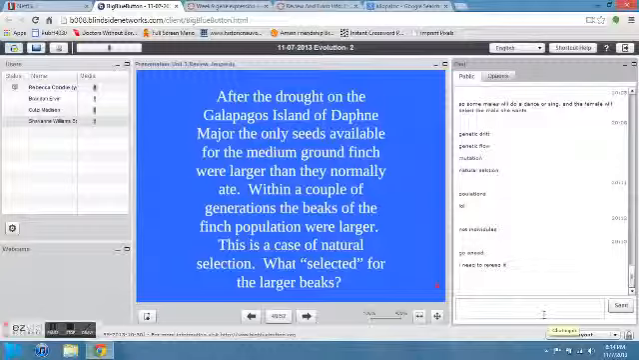Alright, so why are poodles, Labrador retrievers, and Dalmatians all considered the same species? They all have the same